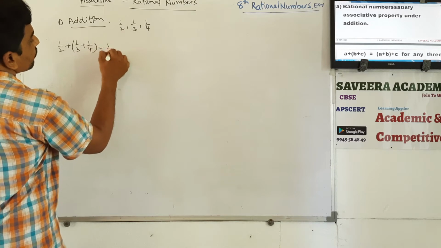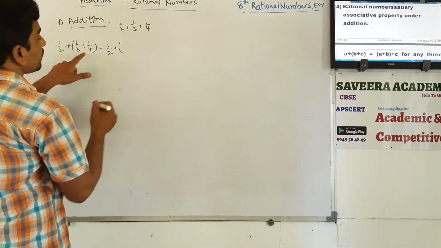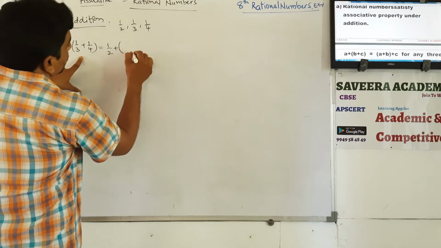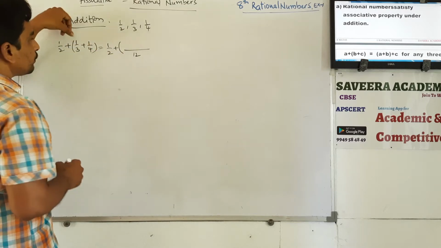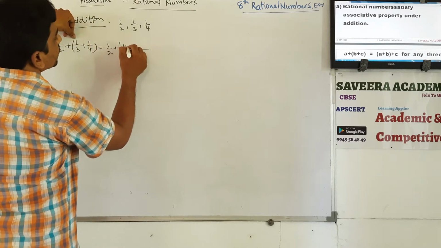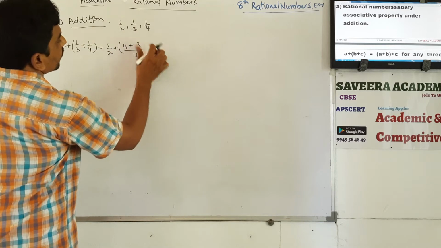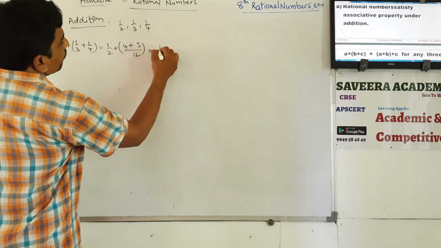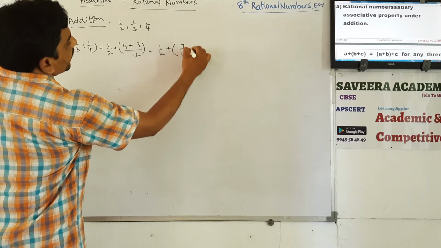So this is equal to 1 by 2 plus, first we have to simplify this one. What is the LCM? 3 and 4 are consecutive numbers, therefore 3 4s are 12 is the LCM. 3 in 12, 4 times goes. 4 into numerator 1, 4 1s are 4, plus 4 in 12, 3 times goes. 3 into 1, 3 1s are 3. So this is equal to 1 by 2 plus 4 plus 3, 7 by 12.